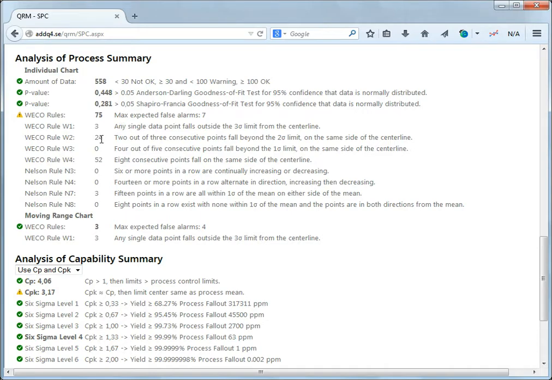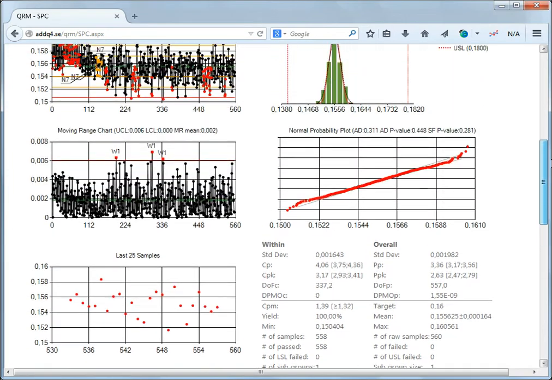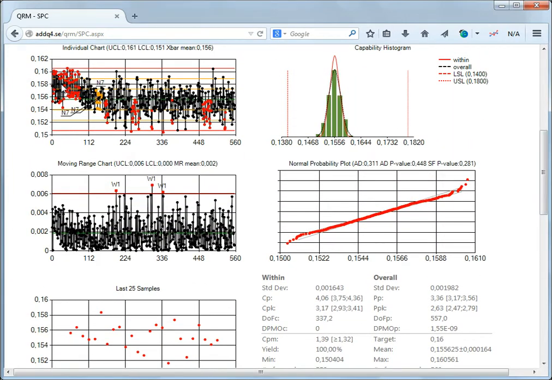For WECO rules 2 and 4, we have most of them. WECO rule 4 is 8 points in a row falling on the same side of the center line. Typically we see a lot of warnings here because they are all above the mean,